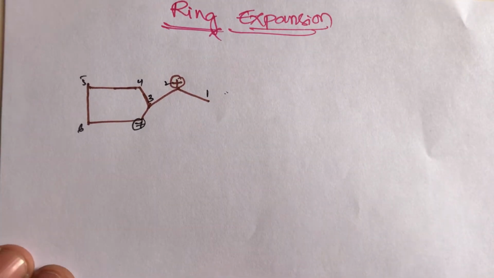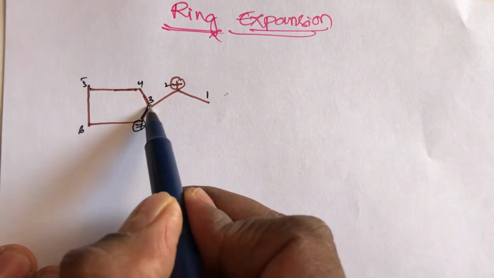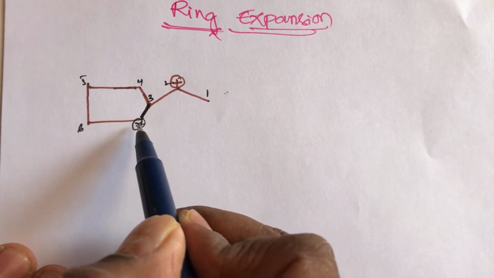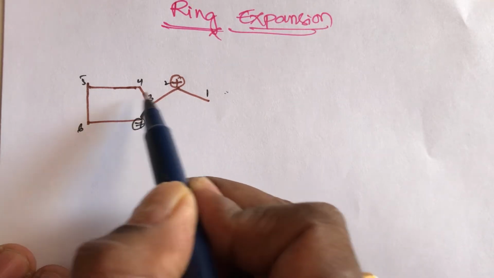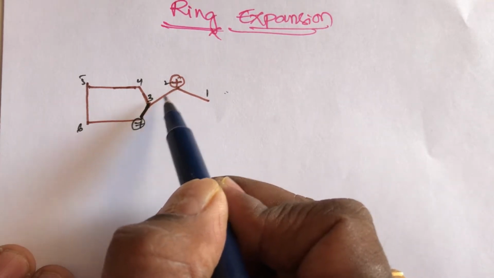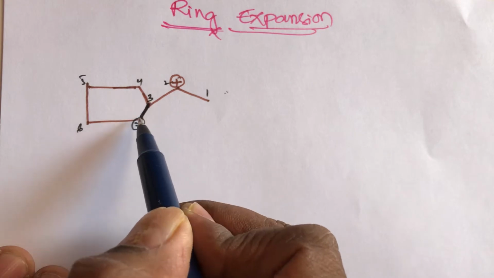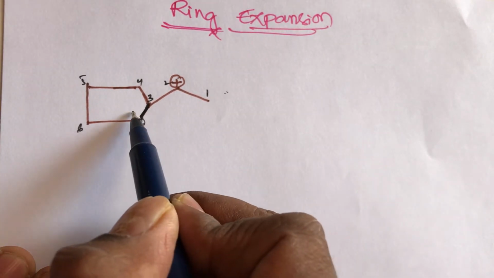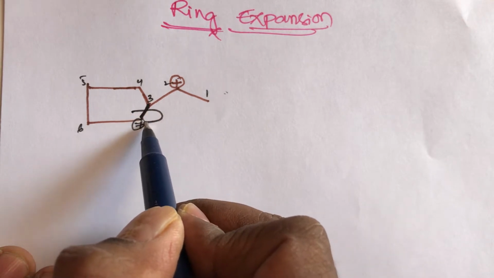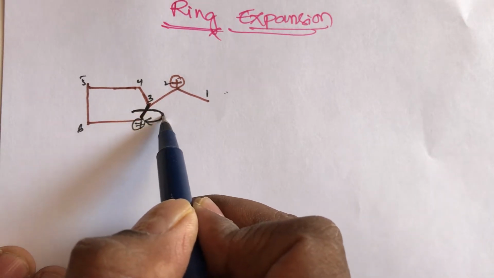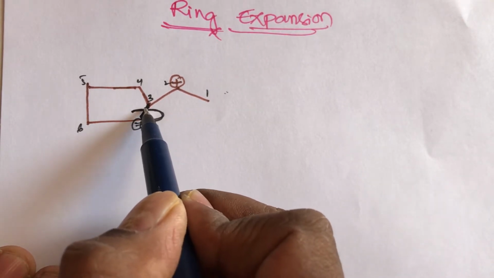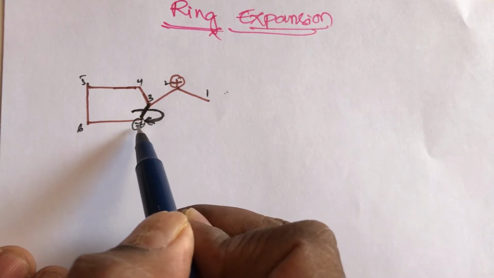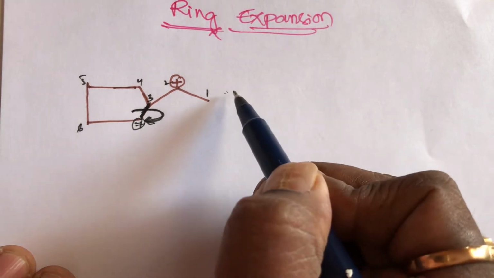So here, the first step is bond breaking between the third carbon and the seventh carbon. 1, 2, 3, 4. Second carbon already has a positive charge. Bond breaking between third and fourth. So here this bond has 2 electrons. This bond completely shifts towards the right hand side. This means this bond having 2 electrons, these 2 electrons completely shift towards the right hand side. So this seventh carbon gets a negative charge.